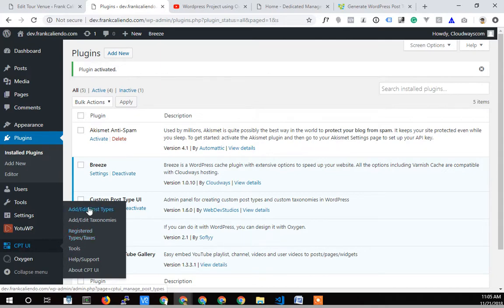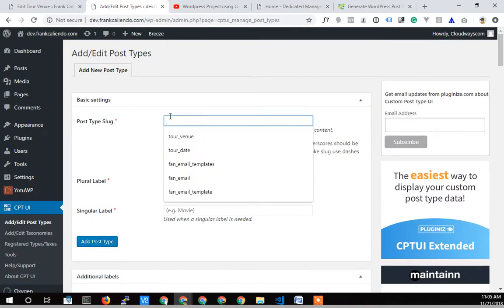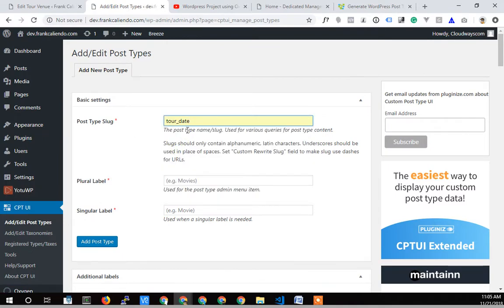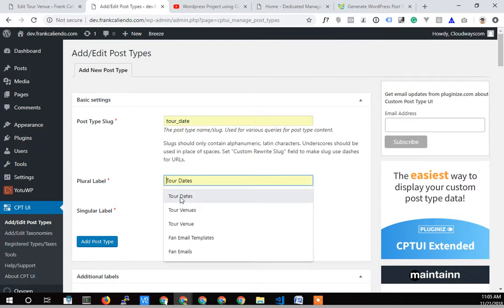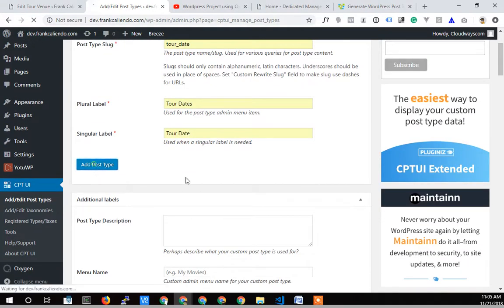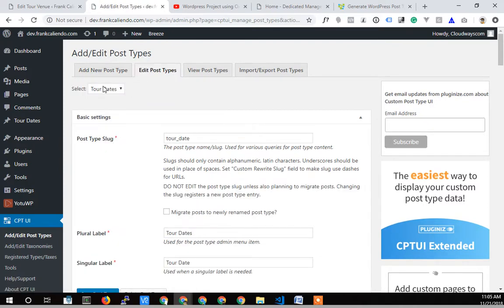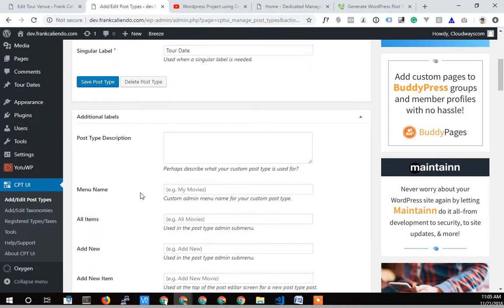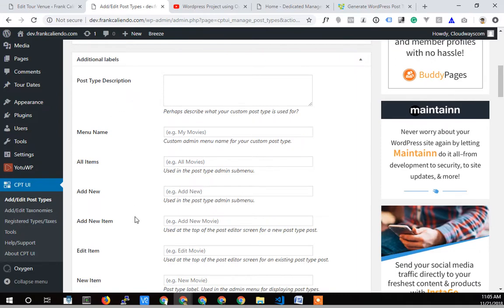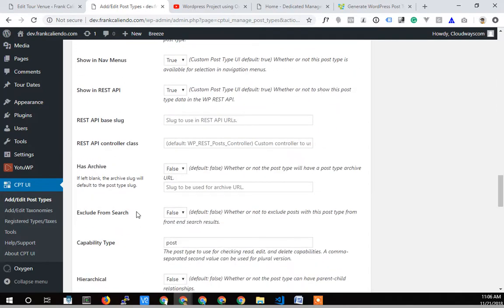And so all we need to do is add a new post type. We'll do the tour date first. You can tell my browser's remembering the stuff I did before. Plural, we're going to call it tour dates, and singular, we're going to call it tour date. Add the post type. So now we've got that post type, and when we go to edit it, we've got the tour date post type. Now pretty much you can skip all this stuff. We can talk about that later, but really all we need is